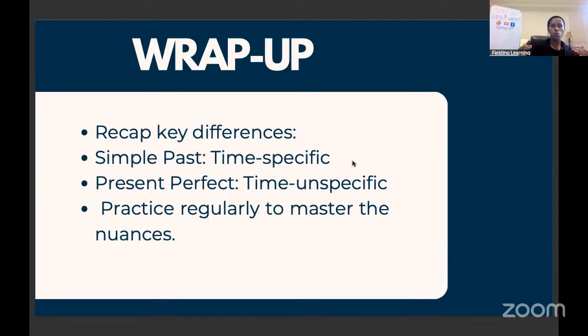So you know when the action happened. But with present perfect, you don't know when the action happened, because it doesn't have a time marker. It gives you some clues